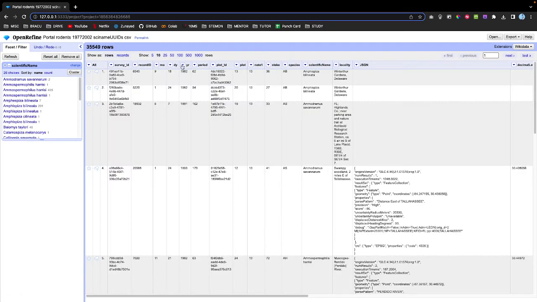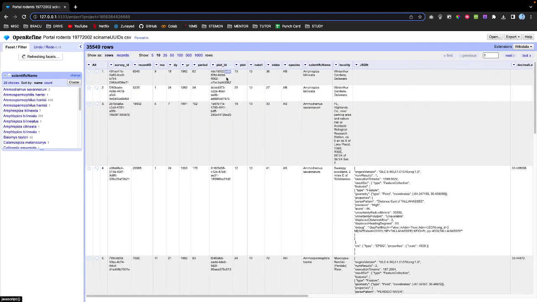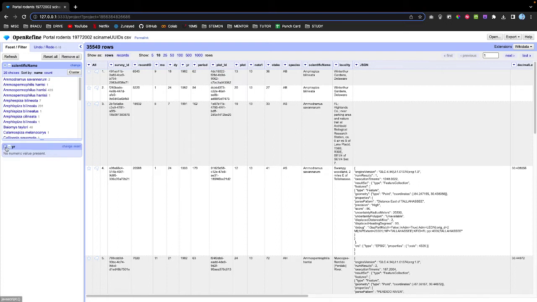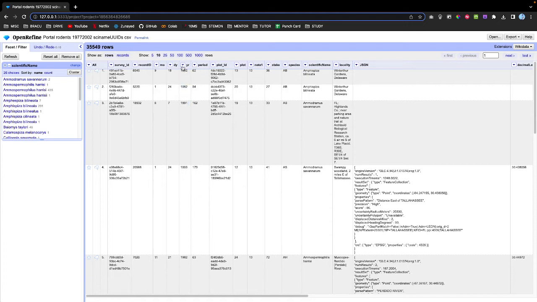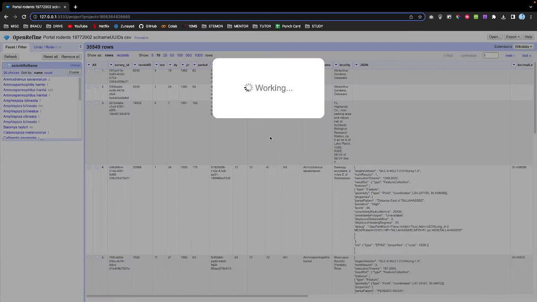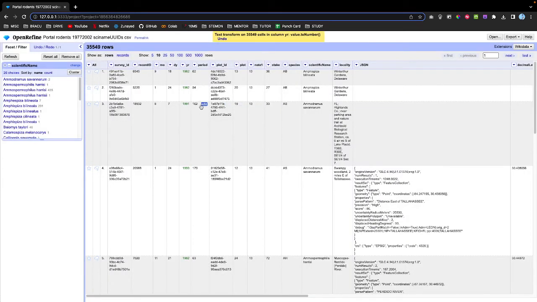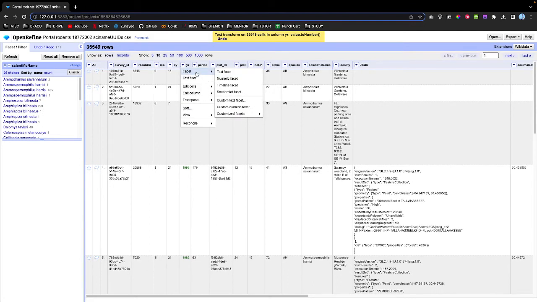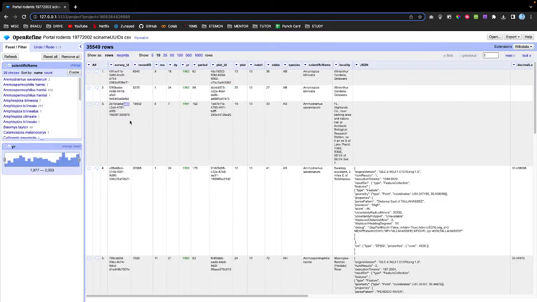Alright, probably this one not. Without the timeline facet, let's try the numeric facet. Okay, so in this facet the data is not numeric. To make it numeric, we can go to edit cell, common transform, and then to number. So every item here has been converted into numbers. As you can see, these are green, right? So if I click here, then facet and numeric facet, you can see the years from